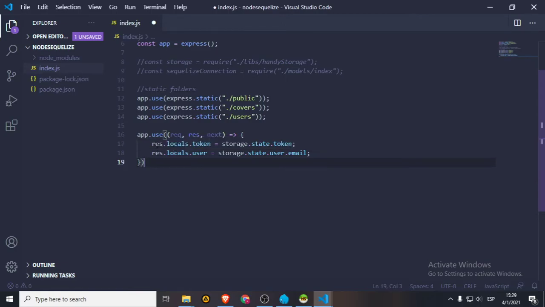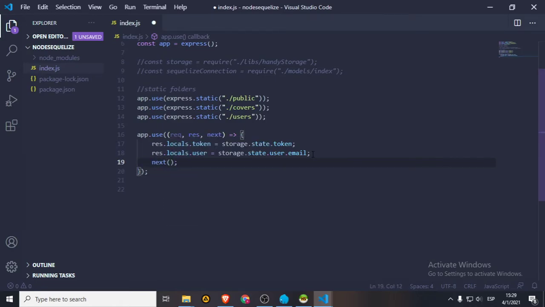So yeah, you will use these on the front end to maybe show login, logout, and all that stuff. Okay, essentially, and we will need to add next here because we want to move to the next